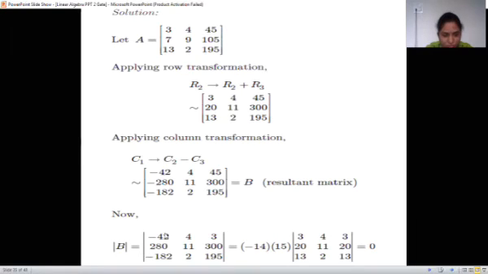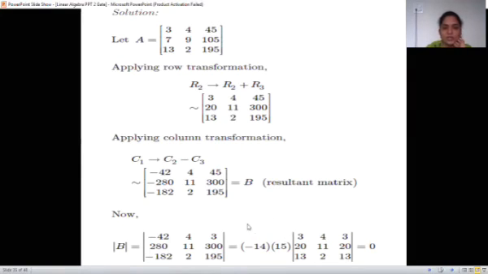Determinant is asked. So from the first column, you can see 42, 280, 182. These are all multiples of 14 and all are negative, right? So you can take minus 14 out. So what will be here? 3, 20 and 13. Okay. So minus 14 out and the first column is this.